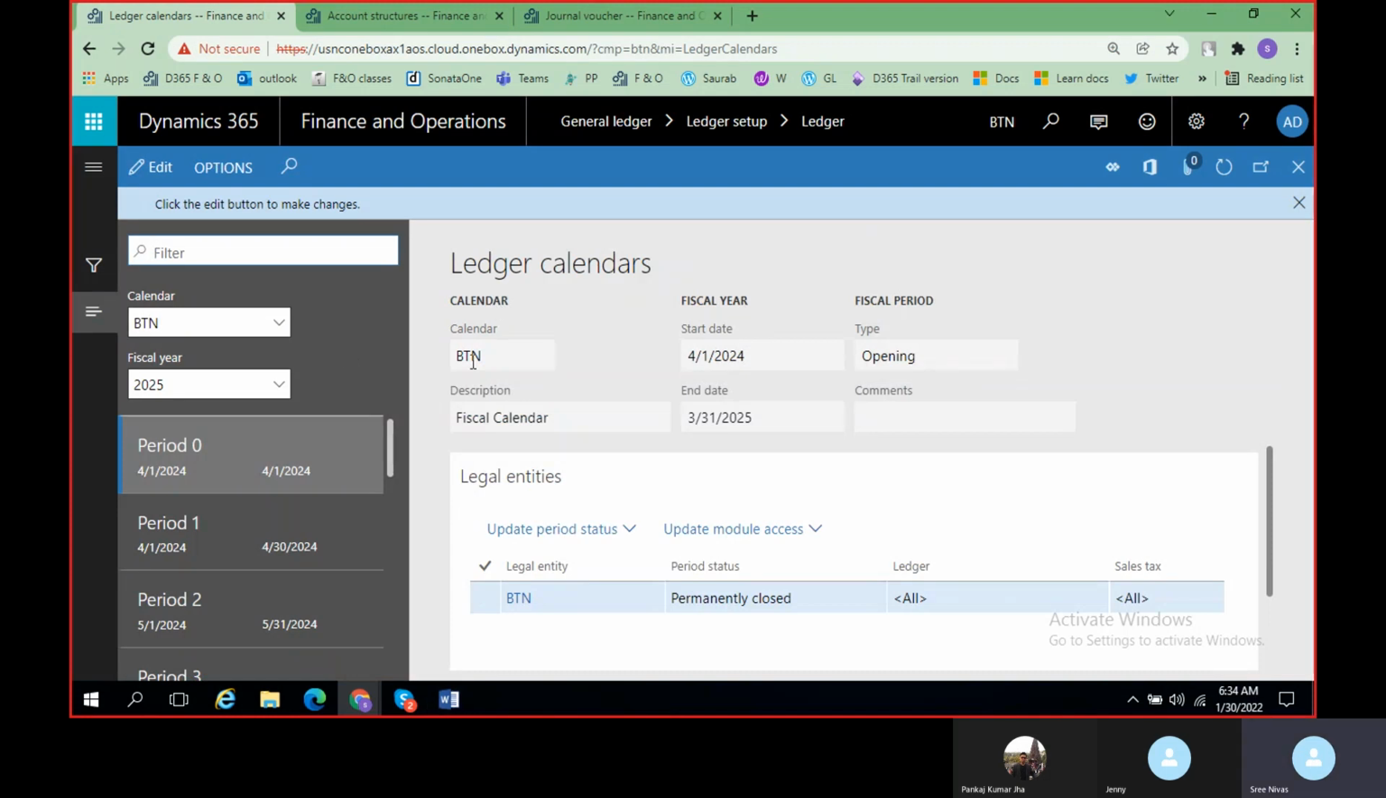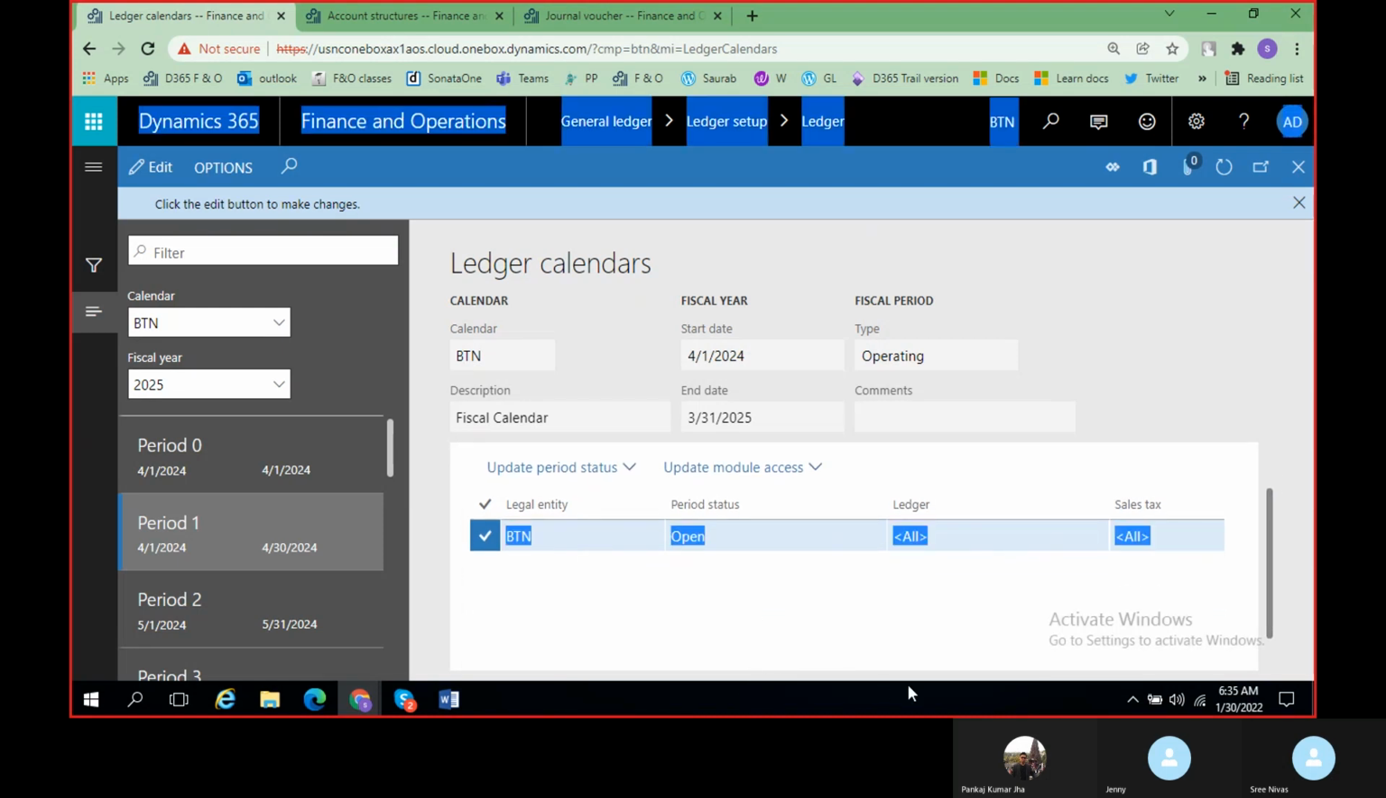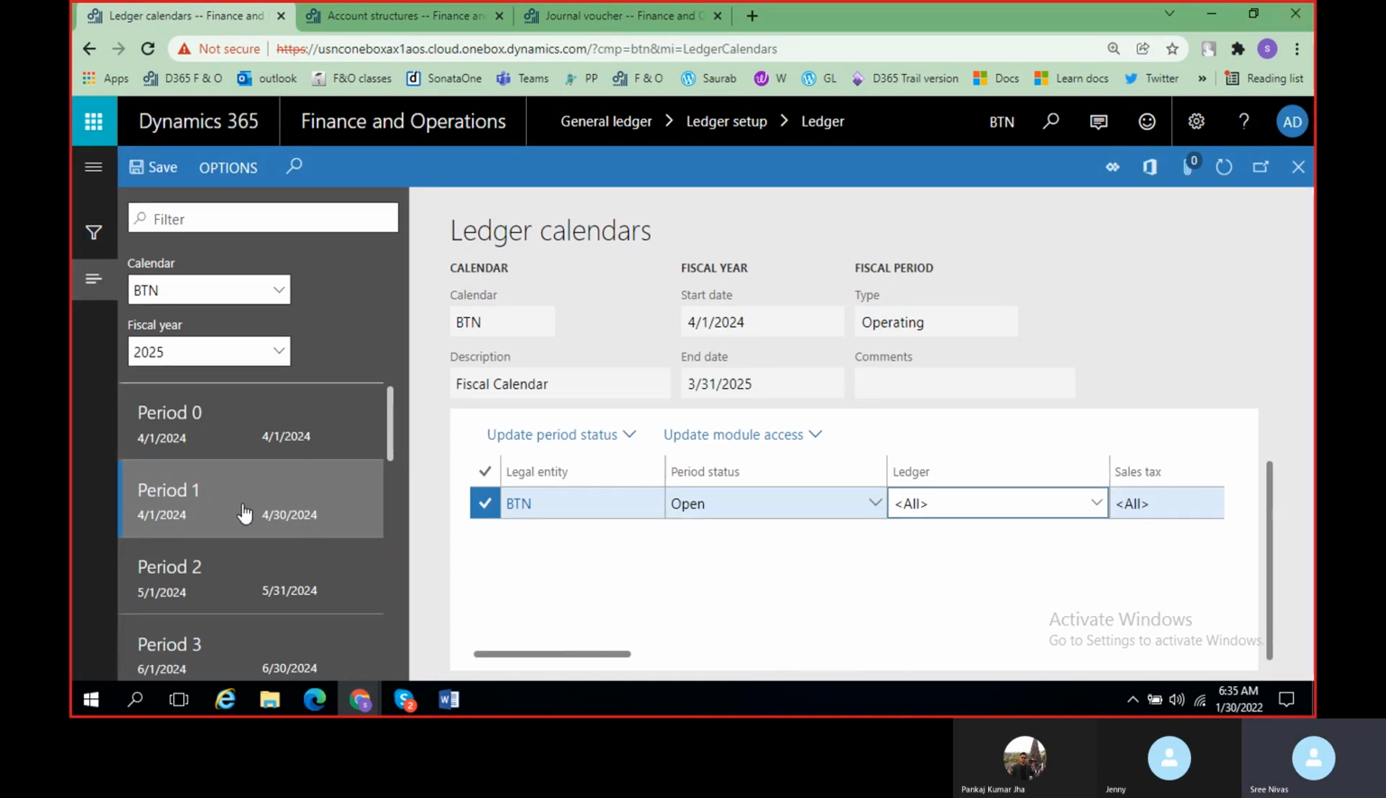Okay, let us say here, period 0, it is always permanently closed. I have explained this one. The reason why it is always permanently closed is that this is used only for transferring the balances from the previous period. Let us say for this period 1, you have done some changes. Okay, I should click on edit here. Let us say for period 1,